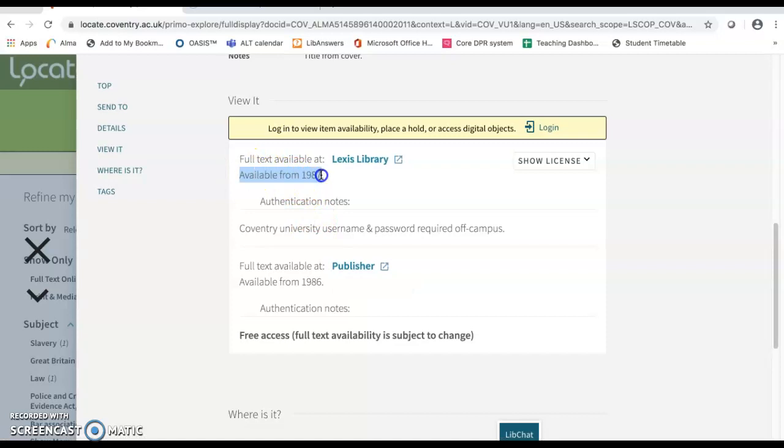It's available from 1987 on Lexis Library with no end date, and available from 1986 from the publisher, again with no end date, so I could use either option. I'm going to choose Lexis Library, so I'm opening up the Law Society Gazette on Lexis Library, and then I'm going to search for the journal article.